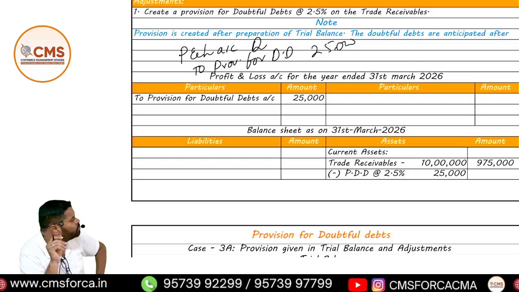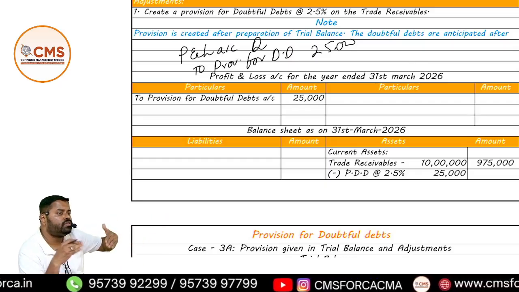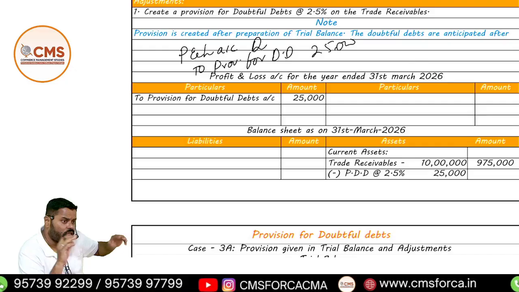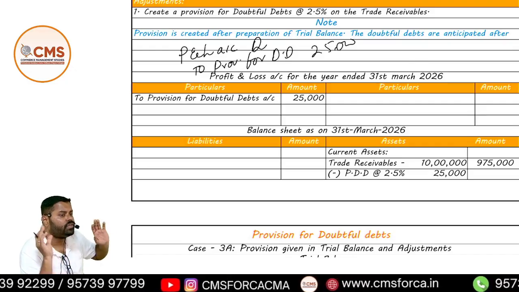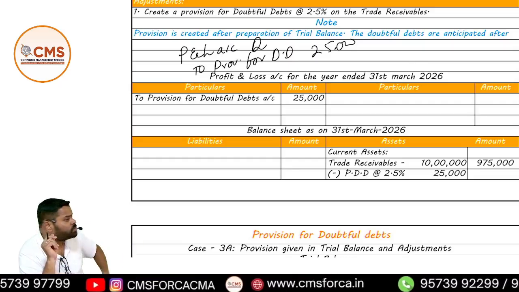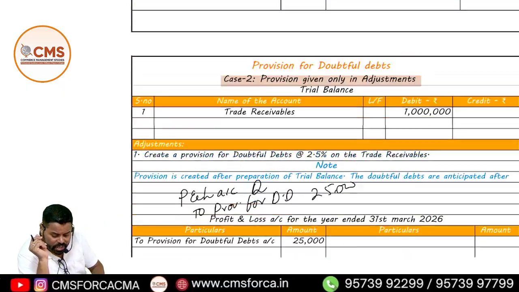Mandatory. Okay, so out of 10 lakhs, now when did you get this doubt? After preparation of trial balance you got a doubt, and this doubt is not confirmed yet. So still we are having a doubt on 31st March whether I will get that 25,000 or not. That's why we are deducting it and showing it as 9 lakhs 75,000. The previous one was